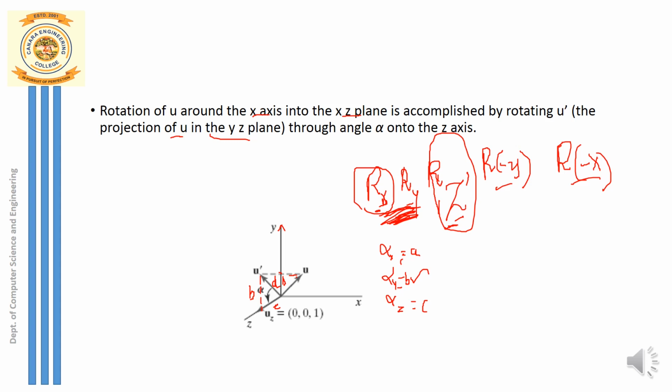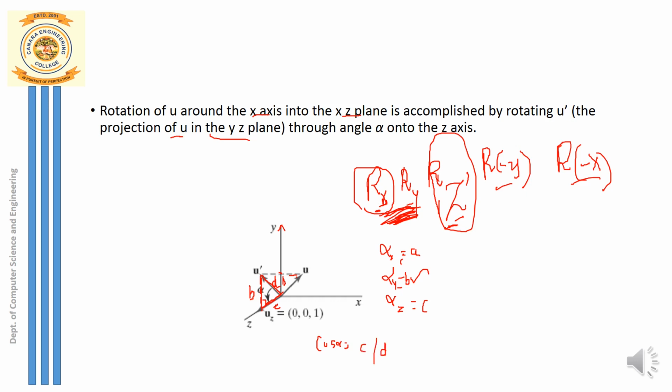Now, alpha is an angle. Can I represent this as a right angle triangle? So this is a right angle triangle. You can see this is 90 degrees. The opposite side is the hypotenuse. This side has length b, and c is the length along z. This is the hypotenuse. Can I write now cos alpha? So what is cos alpha? Cos alpha is given by adjacent side by hypotenuse. The adjacent side is here, next to the angle alpha. So cosine of alpha is given by the adjacent side, that is c divided by d.